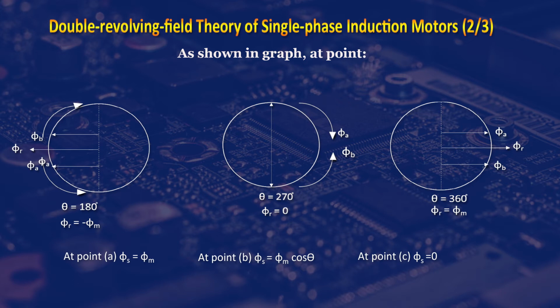In the second figure, now if the fluxes start rotating in opposite directions and make an angle theta, then your stator flux will reduce to phi m cos theta, which is dependent on the value of theta. Now, when the fluxes have reached the angle of 90 degrees, both fluxes A and B are in opposite directions. As a result, theta is equal to 90 degrees, and when we substitute the value of 90 degrees, your stator flux will now be equal to 0, because both the magnitudes cancel each other.